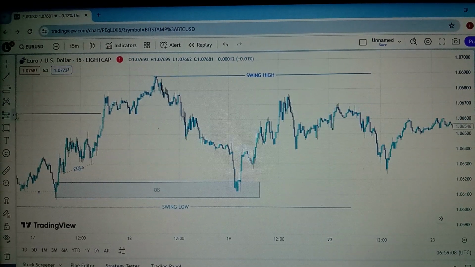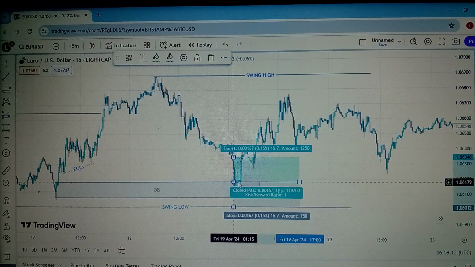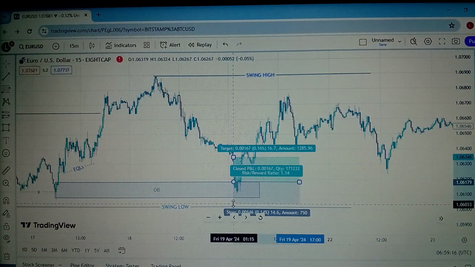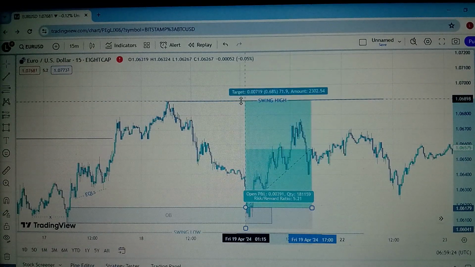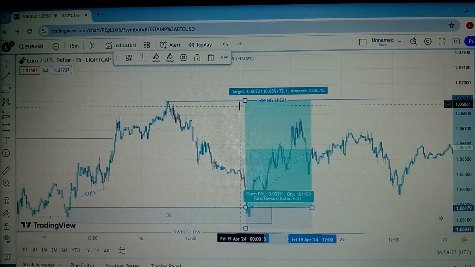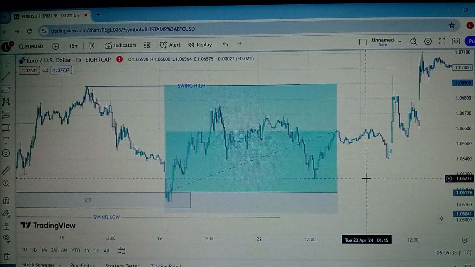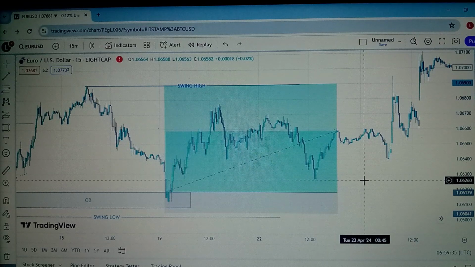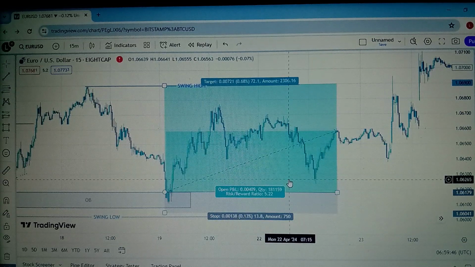So I'd eventually place my buy orders from here. I put my stops just below, a pip stop, and I take out the highs here for a 1 to 5 risk reward trade. What I do, guys, is I always take 80% off the table as my full bread and butter, and I leave 20% on to just run. So 80% off is your full bread and butter, which is 1 to 5, and you leave the rest just to run